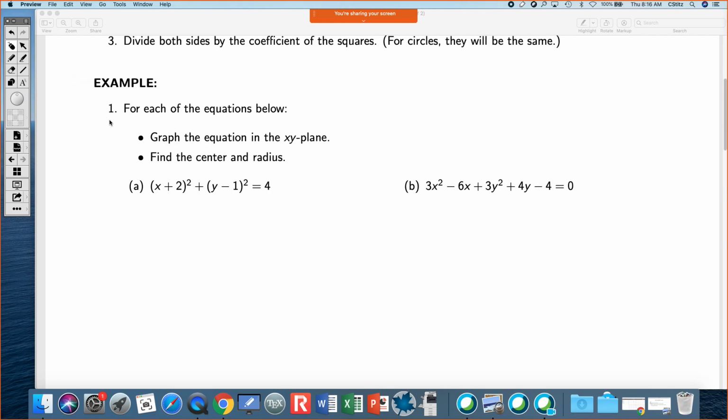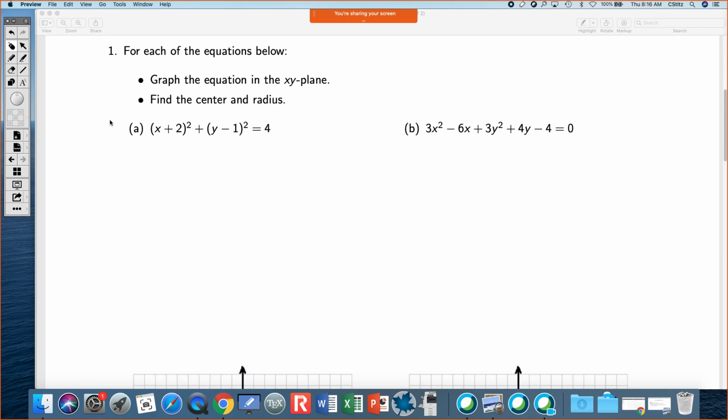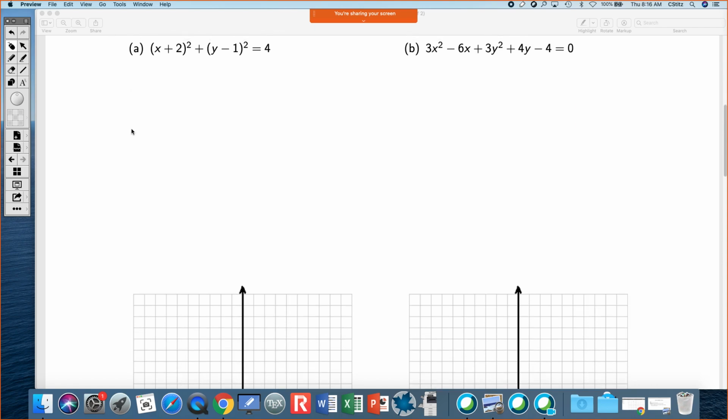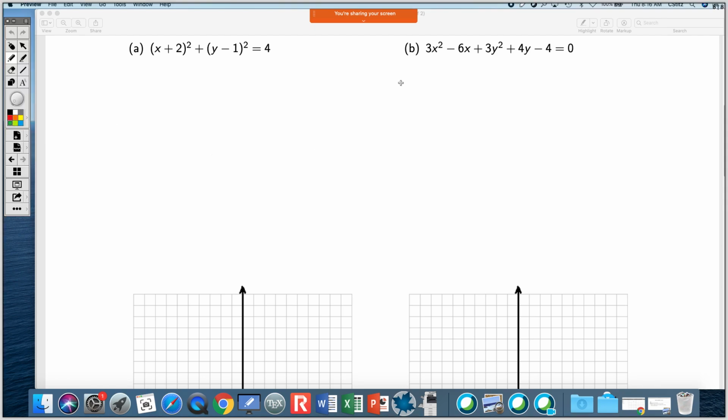So for each equation below, graph the equation in the xy plane, find the center and radius. Okay, so let's look at A here. The only conic section we've learned so far is the circle. As we progress through chapter 7, we will talk about how to tell the difference between the conic sections as we get into the different ones here. But pretty much you've got two quantities squared. So if I go back to my standard equation of a circle,